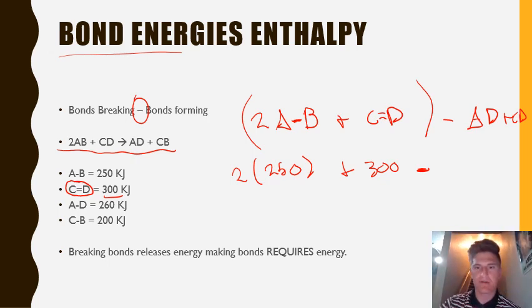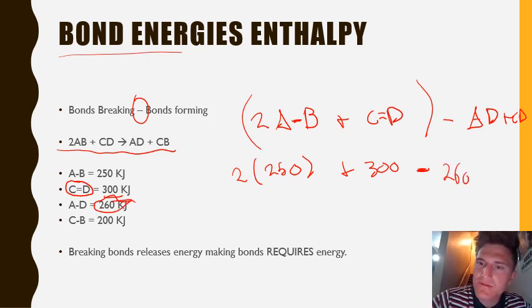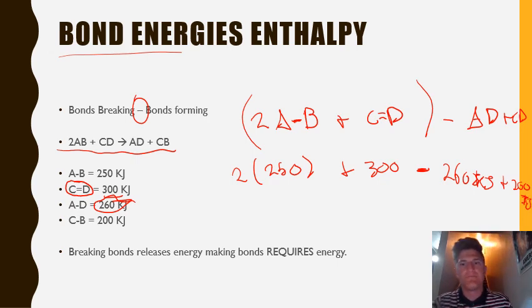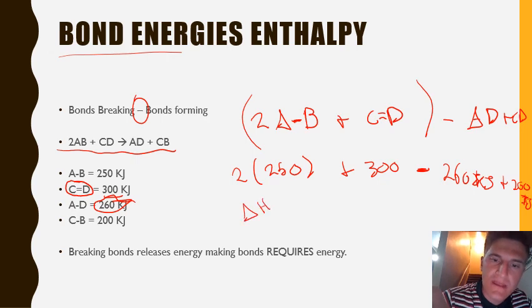Just to finish out this example, so we had the 300 from the bonds breaking, and we're going to subtract the bond AD right here, which is 260 kilojoules. And we're going to add that to the CB bond, which is the 200 kilojoules. Great. And so we're just going to throw this in the calculator again. 2 times 250 plus 300. And then we're going to subtract 260 minus 200. And that's going to give us a positive delta H of